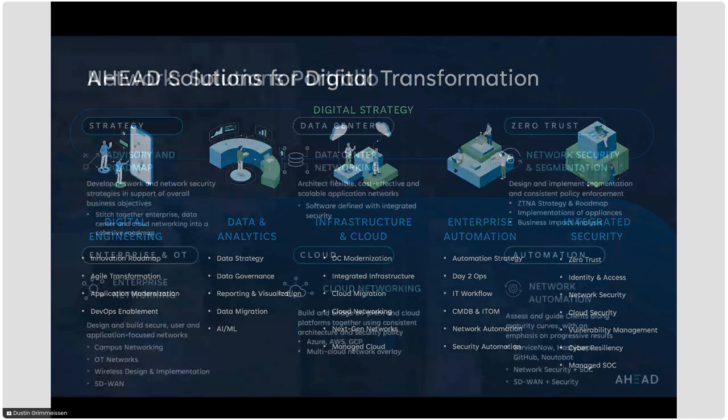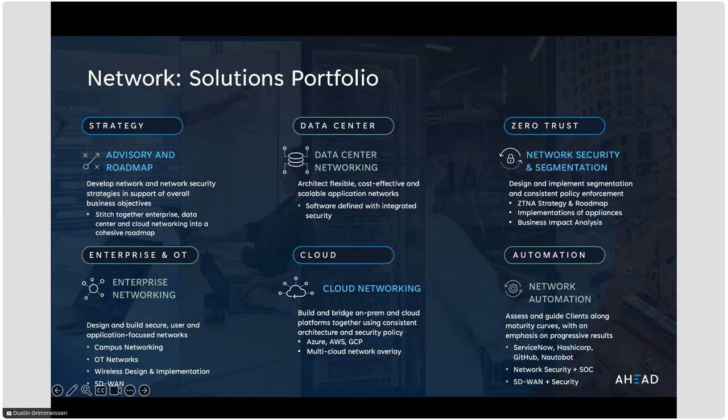In the networking world, we look at our solutions in these 6 buckets. One is just strategy. How do we help you design the network for your long-term use case, the applications that you're hosting, maybe the multi-cloud or hybrid cloud nature of the business? How do we take into account remote work and other things that are changing? We want to sit and set a long-term vision and strategy for networking.